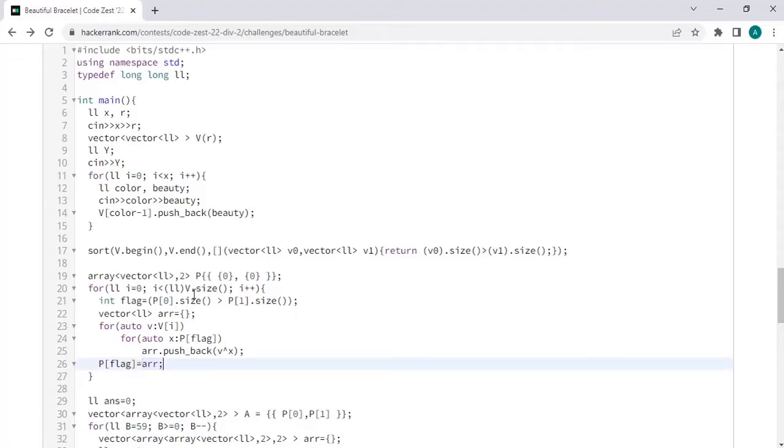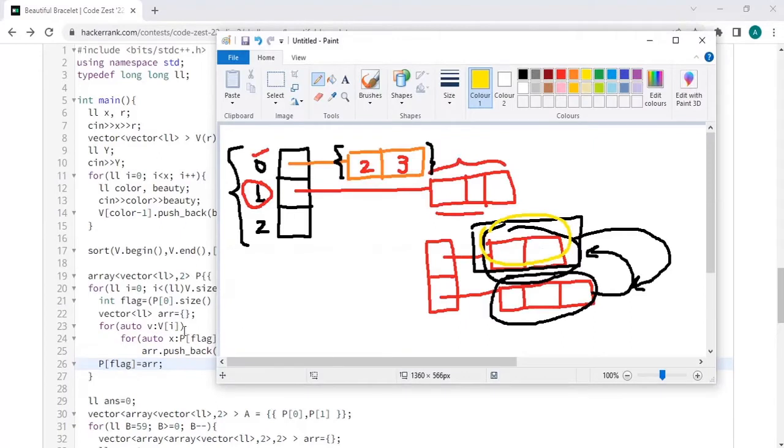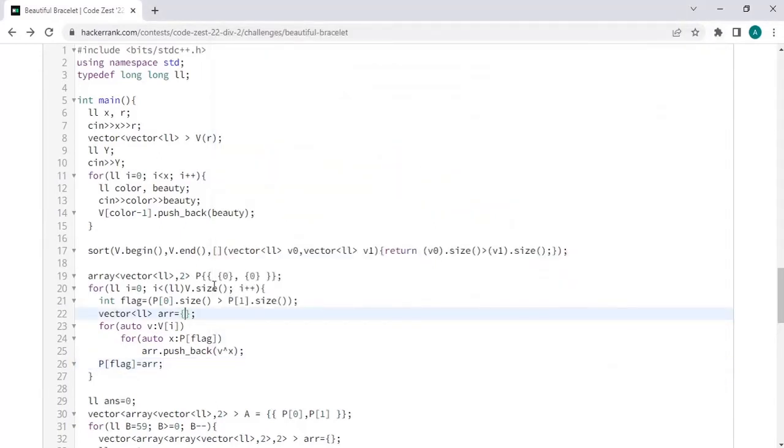That is, we'll repeat this particular thing for all the possible colors that are there, and after the first iteration the size of P of 0 will be more, so the condition will turn out to be true. In that case flag will be 1, and in the next iteration we'll be iterating over P of 1, that is the XOR values will be stored within P of 1. So this approach basically tries to balance the sizes of these two vectors, and the XORs which are stored over here will not be stored over here. We'll be taking the XOR for the remaining elements,